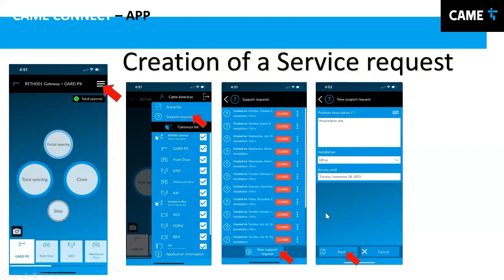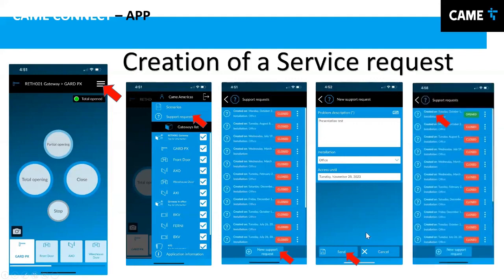Right there, it's going to open another screen. In this screen, your customer should provide you with a clear description of what's going on, and which installation he's opening the service ticket for. Because remember, you can have 1, 2, 3, 4 different installations, and then the access until when it's valid, in days. He'll click on send, and it's going to take you back to the main page, and then this page